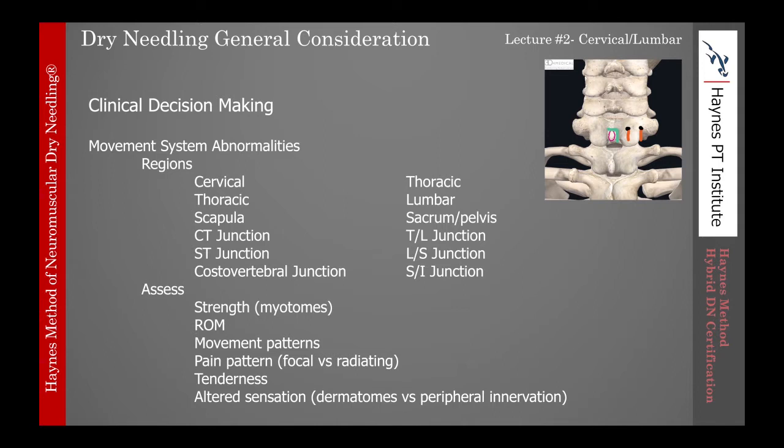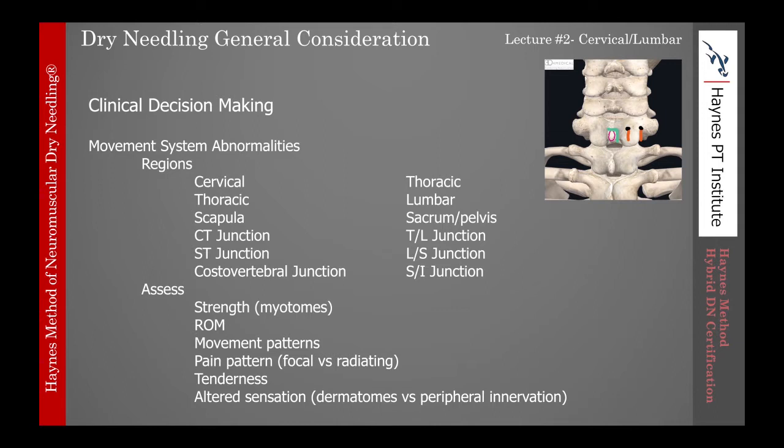We want to evaluate all these areas for specific tenderness, and when we do that, are we having specific muscles involved? Can we identify each of the structures that are involved? The muscles that are involved will give us a good idea of what other structures we need to address. For example, if we're looking in the cervical spine, looking a little bit laterally next to the shoulder blade. If we identify that upper trap is a problem, then we may want to look a little bit deeper at levator scapulae. Does that muscle tenderness, is that focal tenderness